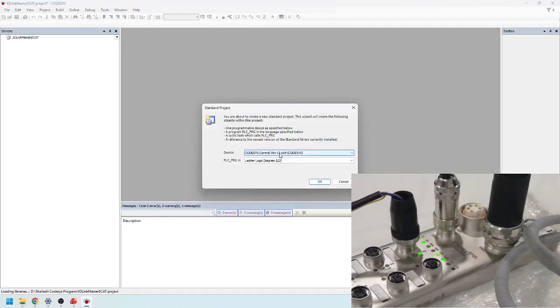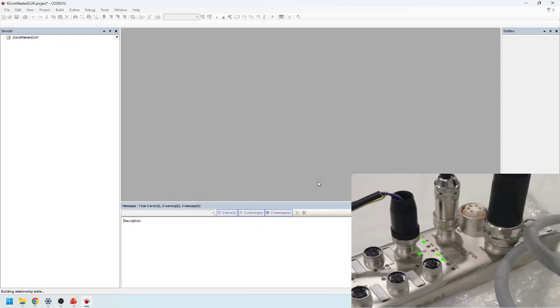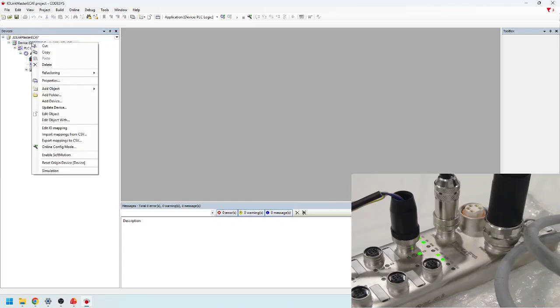I'm using the soft PLC, hence I'm using the device Control Win. Once the project tree is created, we will start to add